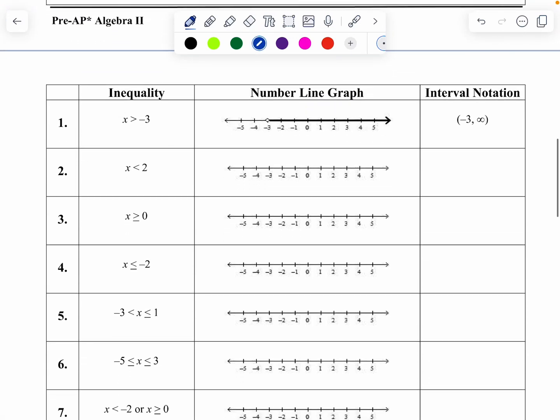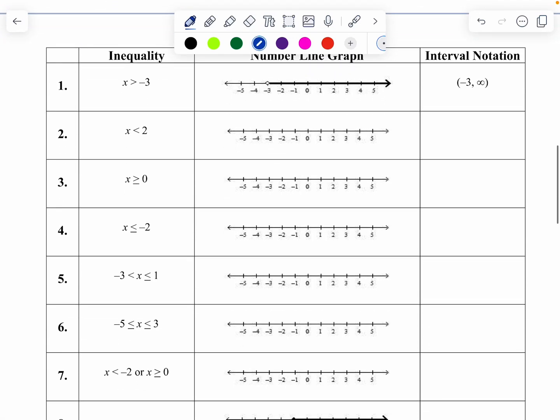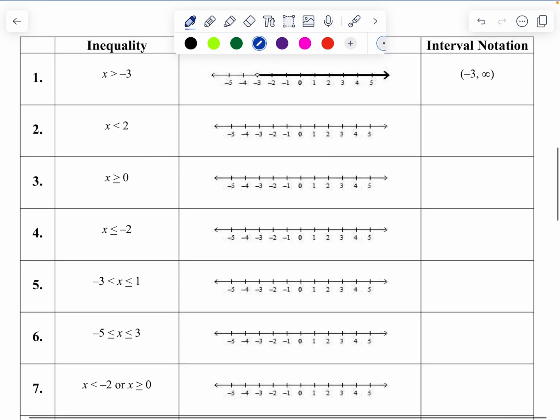All right, so I'm going to work with you through a few of these first few examples, and then I'm going to let you do the rest on your own. I will post the key in Classroom, and then your homework is going to be to do the day number 5 homework, which is more of what's going on with these examples. So we're going to work through a few of them, and then you're going to do the rest and just